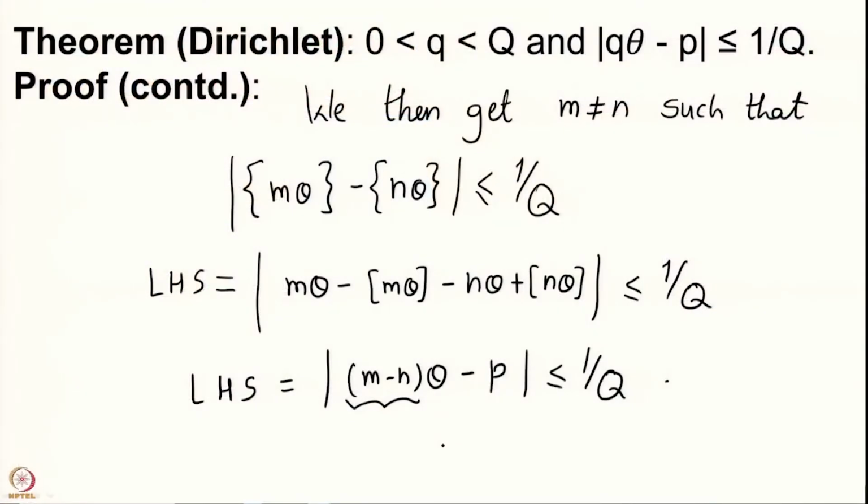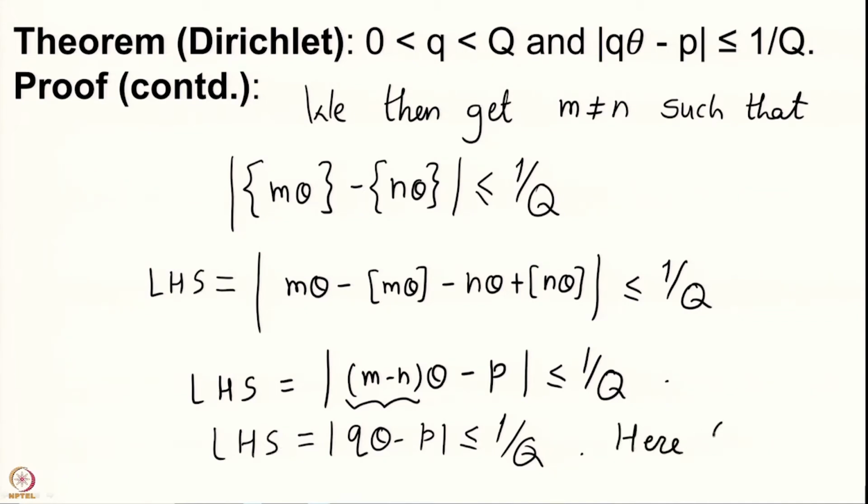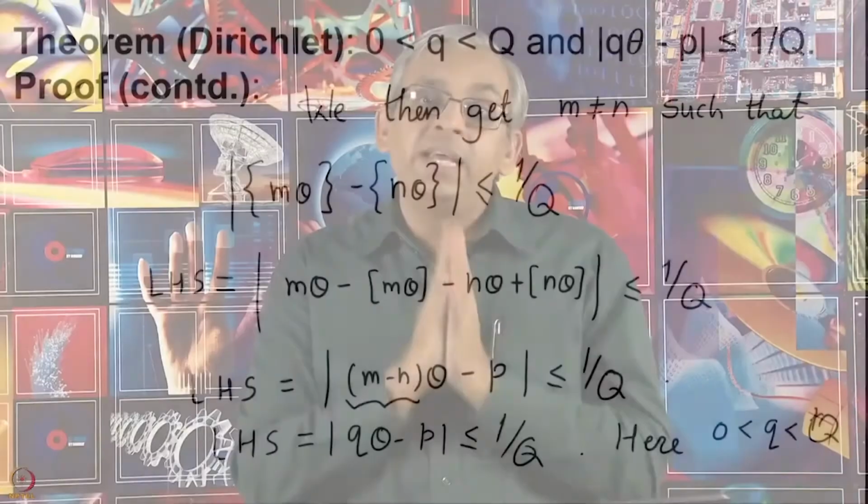If you have both of those numbers to be fractional parts of m theta and n theta for different m and n, then we of course know that their difference has to be again less than or equal to q. So, I will write it as mod q theta minus p to be less than or equal to 1 upon capital Q. So, we have obtained our q to be some number which is less than or equal to q minus 1, which means that it is strictly less than the number capital Q. So, this is what we have obtained, but how does it help us in getting a good approximation? So, let us see further.